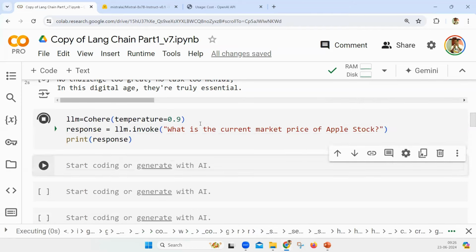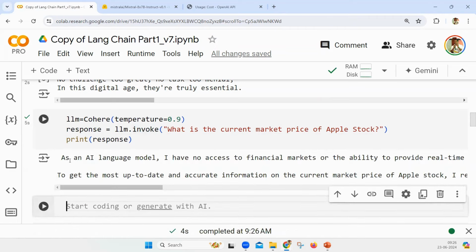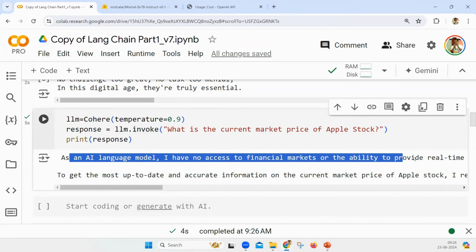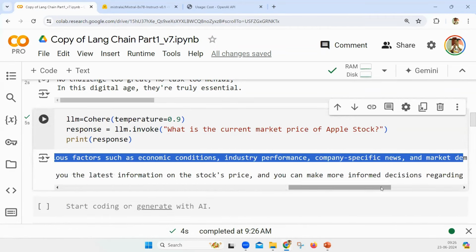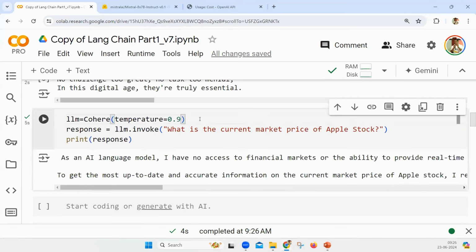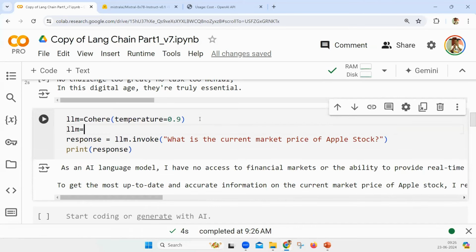What do you think? It says Cohere model, it will say that, you know what, I have been trained like as an AI model. I have no access to financial markets, the ability to real time, etc., etc. All this it is not able to tell. For example, if I change my model, if I say my large language model is OpenAI,